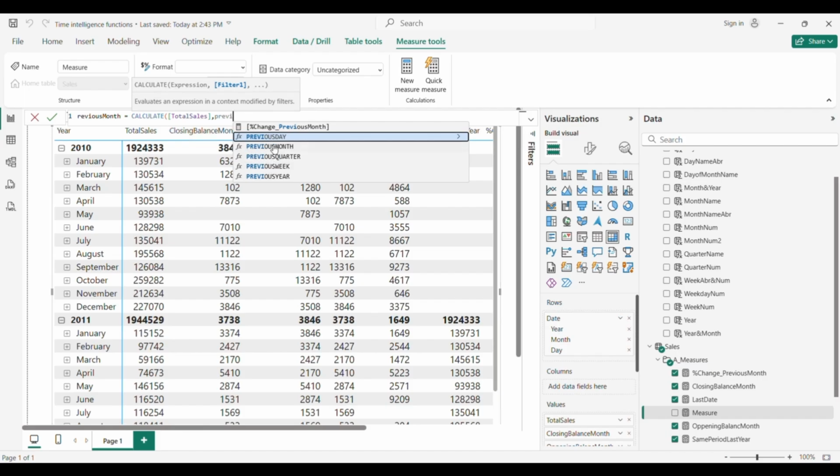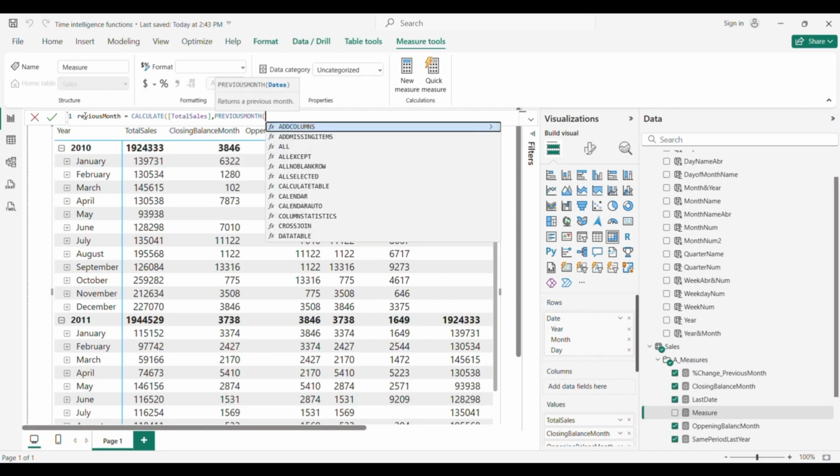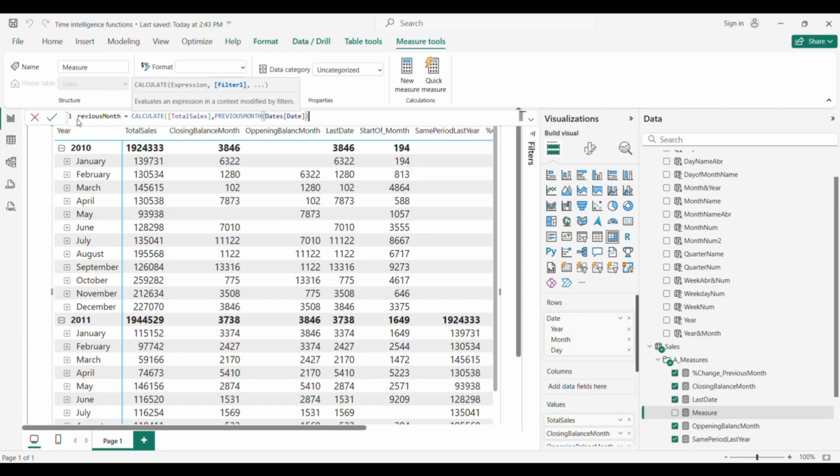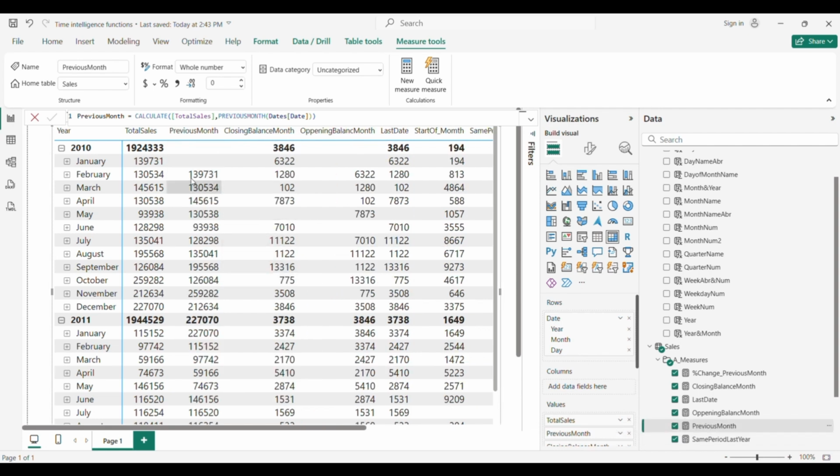We also have day, quarter, what we need, and we just need to add dates and date, and also just write here previous month. And we close the last parenthesis, and let's add the measure. So previous month, we can see in February we have January, in March we have February, and so on. So it's shifted by 1 month.